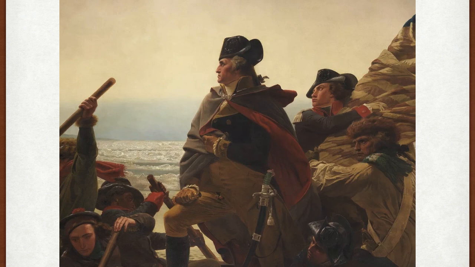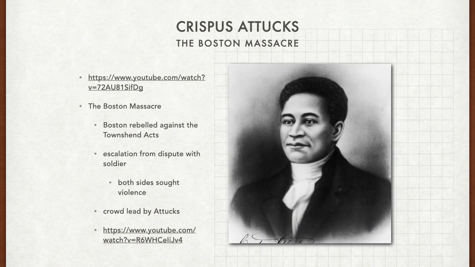So let's talk about the revolution in the context of this course now, right? What about African Americans? So our first topic today is the man that I mentioned from the Boston Massacre, Crispus Attucks, the first black man to die for a U.S. cause. And if you take a look at video A, you can see a small biography about Attucks. This is also a portrait of Attucks, right? There's different depictions of him because he wasn't a wealthy man or a well-connected man before his death, so people had to sort of interpret him sometimes as they thought he was.